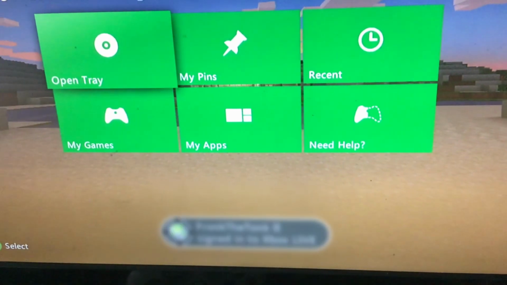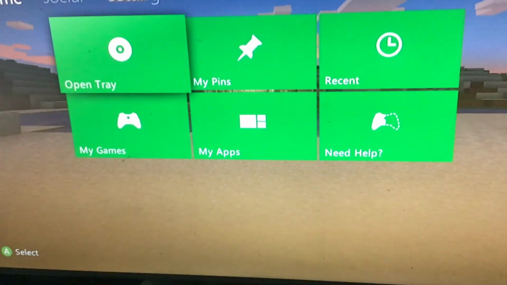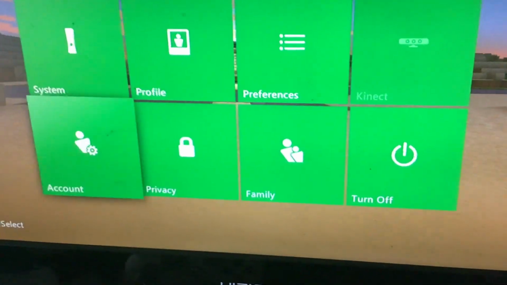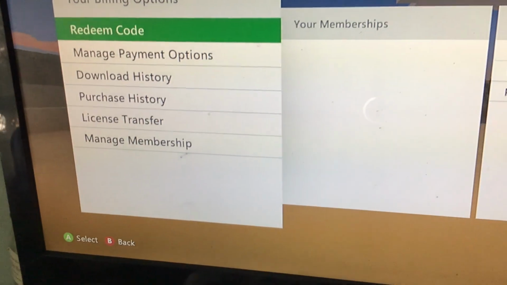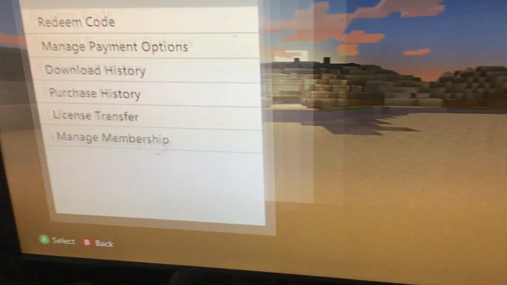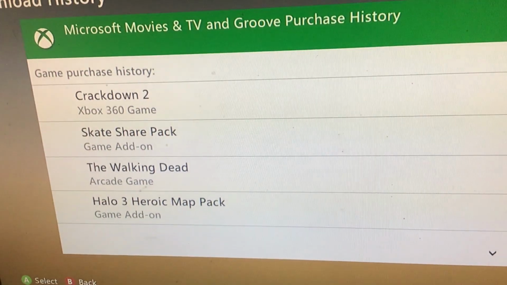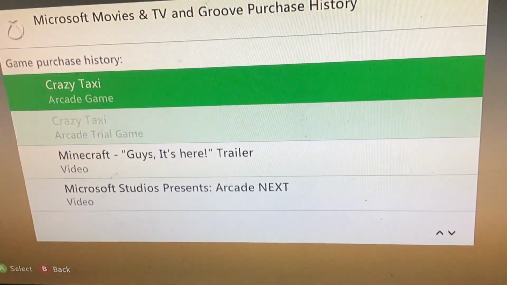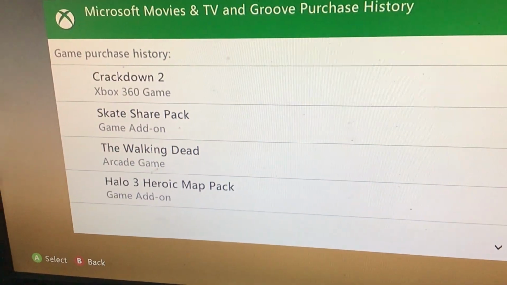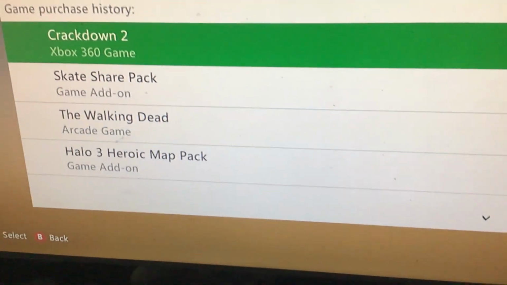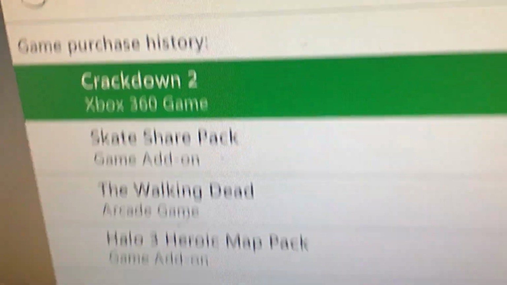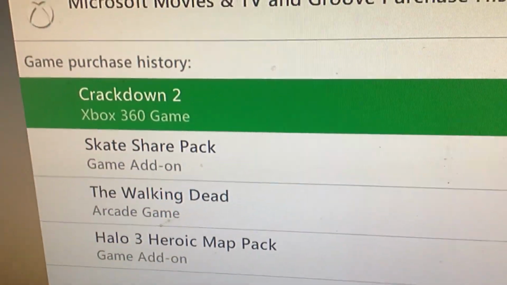Alright, so on your Xbox here, you need to be connected to the internet. So on your Xbox 360, you're going to want to go to Account and Download History. And you'll see everything that you've purchased, and you can also see your new game there that you just bought. So it's like Crackdown 2,